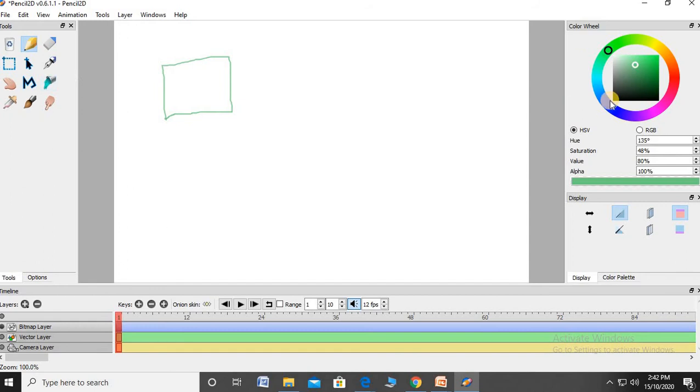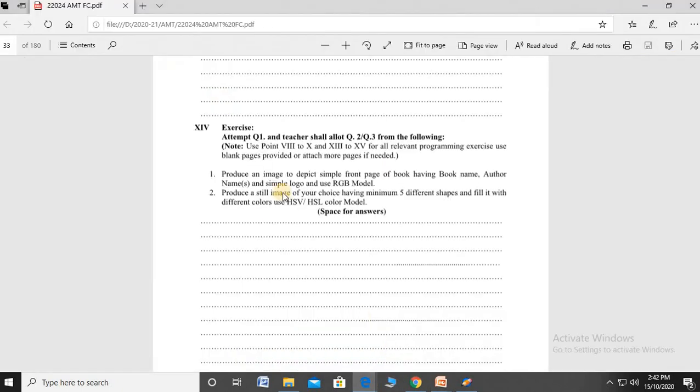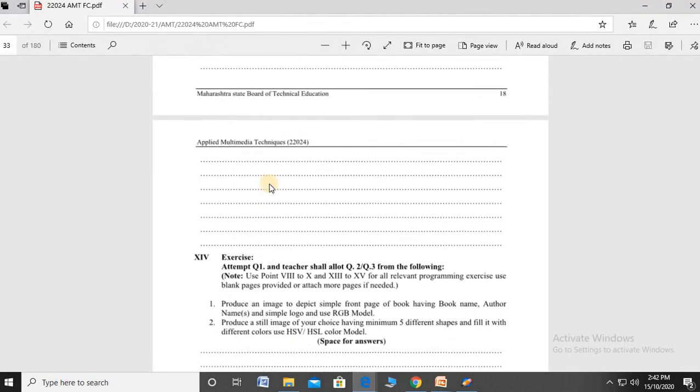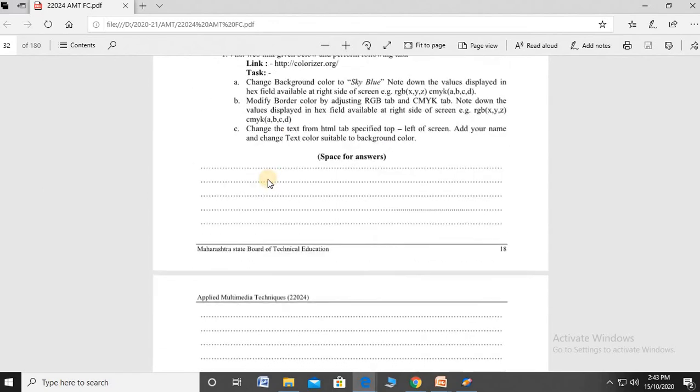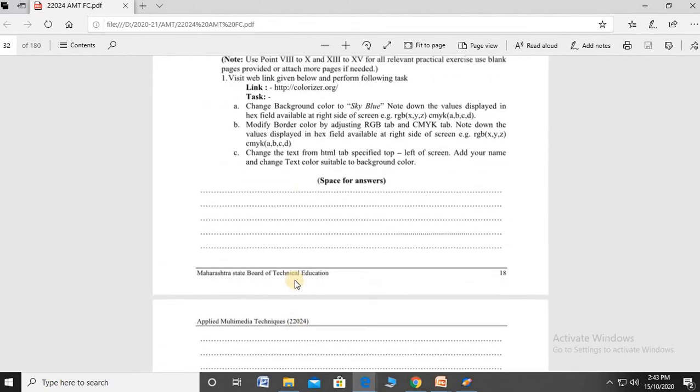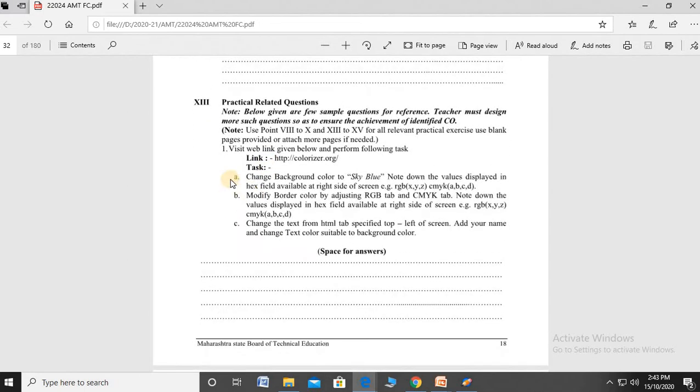Shapes are drawn just like that. Clear that? This is your second question and first question. Write down your steps for all of these and take a printout also. And in the first question, try it: visit the web link given below and perform the following task. Go to the link